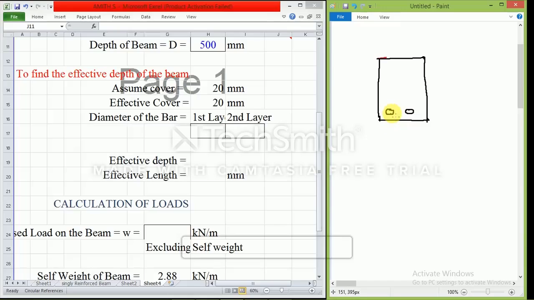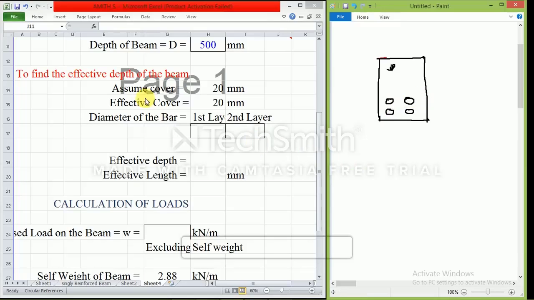It may be given as one layer, and we can also provide one more layer, so this is two layers. If the bars are also provided on the top, it is called doubly reinforced. Don't get confused: in a singly reinforced beam, it can be given as a single layer or double layer. I'll take it as a double layer only.